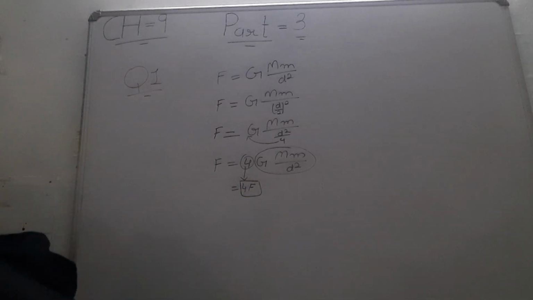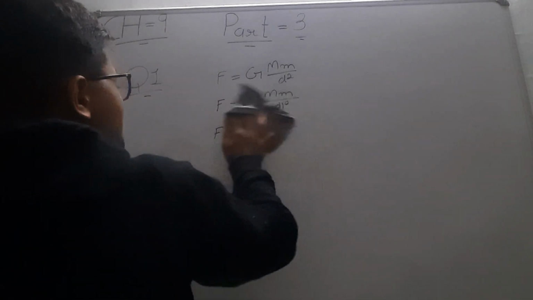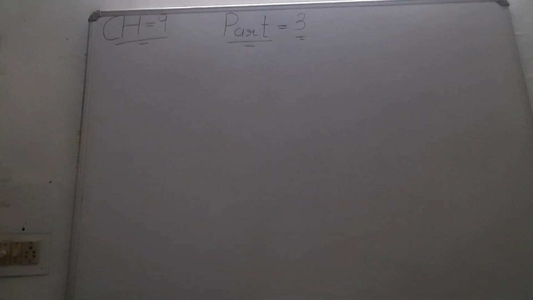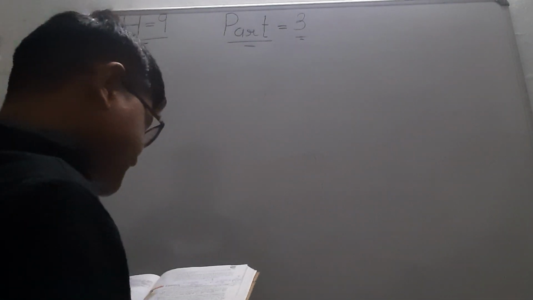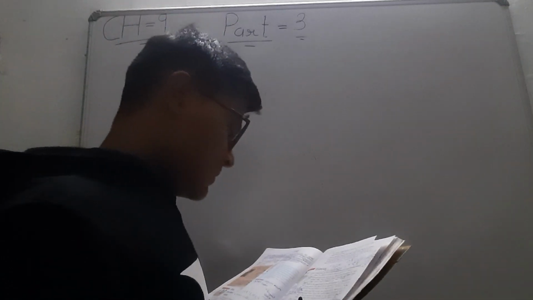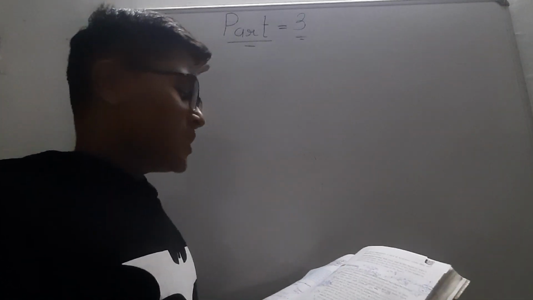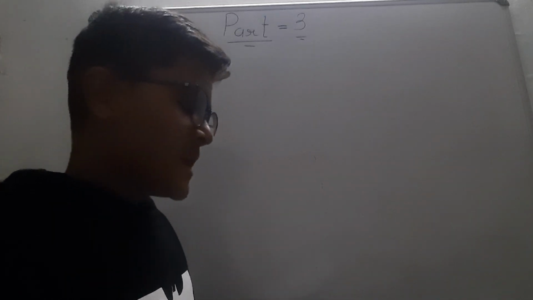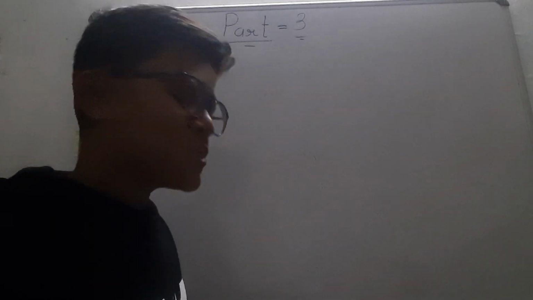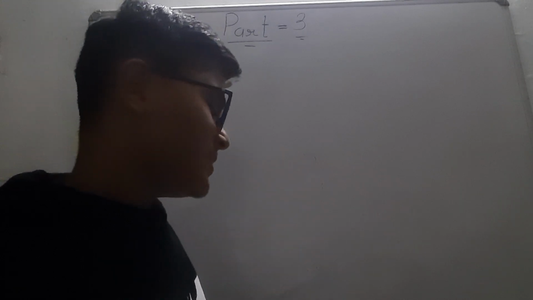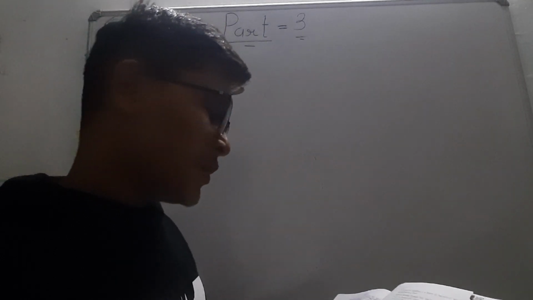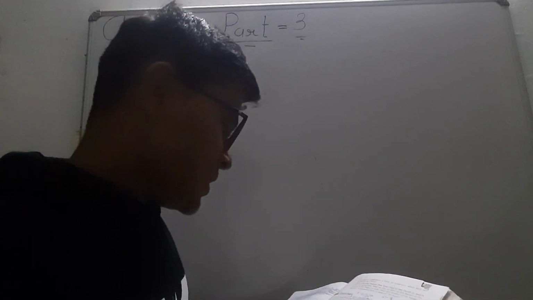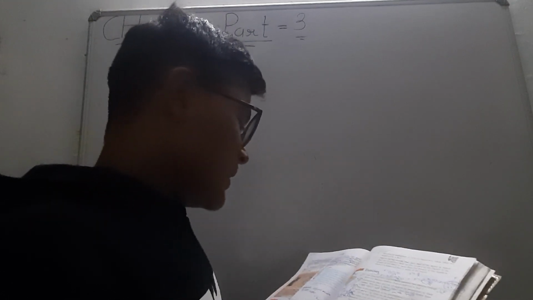So let's quickly move ahead. In question number 2 there is nothing, it was very easy. Question number 3 was also easy, the question of finding the value of small g. We derived this in part 1, so we are not going to do it. Question number 4 we have also done in part 1. Let's move ahead.